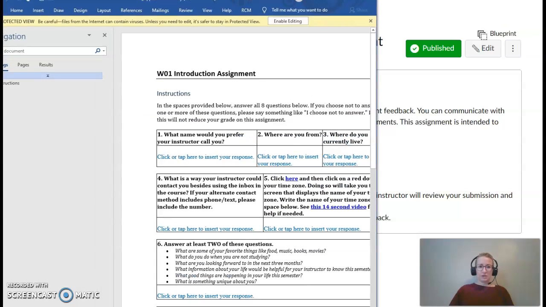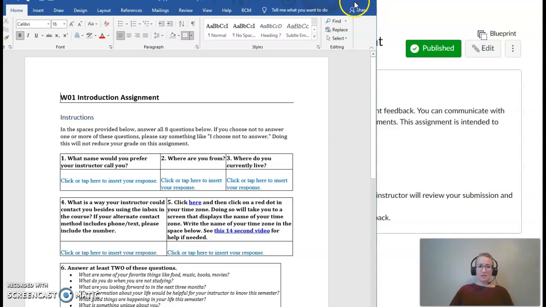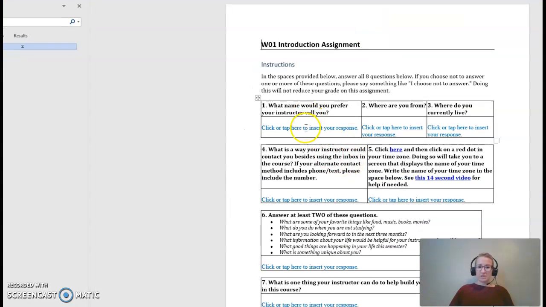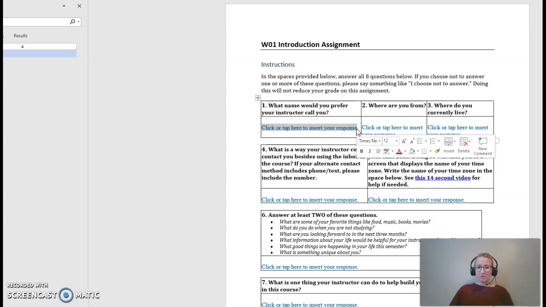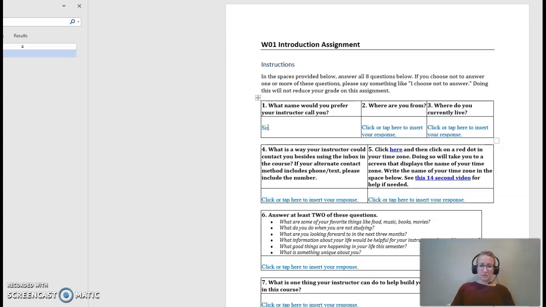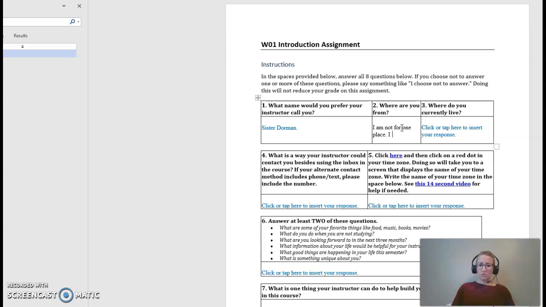And you're wanting to press enable editing. And you'll notice when you open up this document, you're going to see these blue items. Anything in blue is where you insert your response, okay? Right here, my name is Sister Dorman. Okay, where are you from? I'm going to say I am not from one place. I moved every